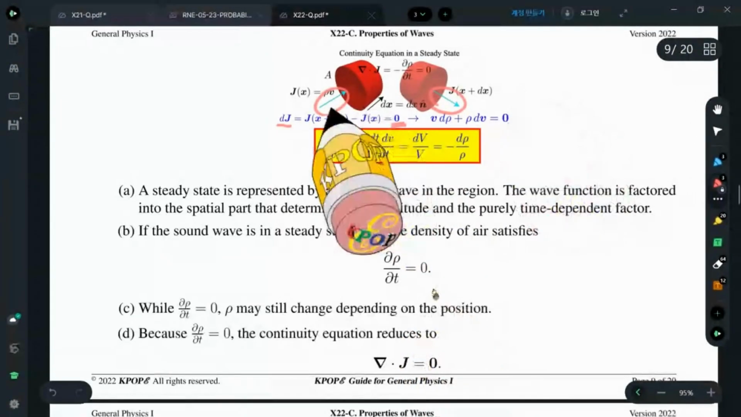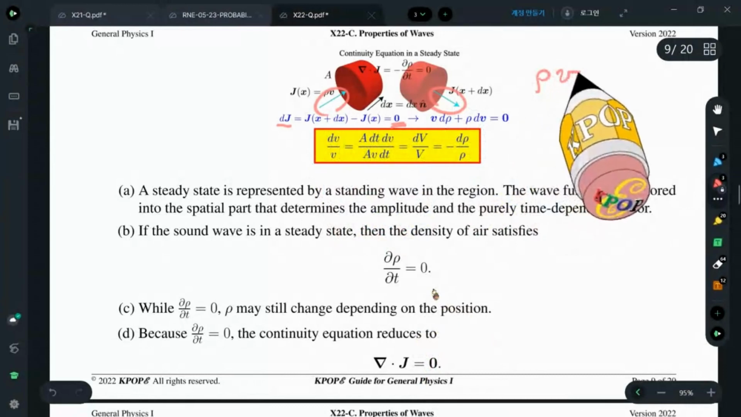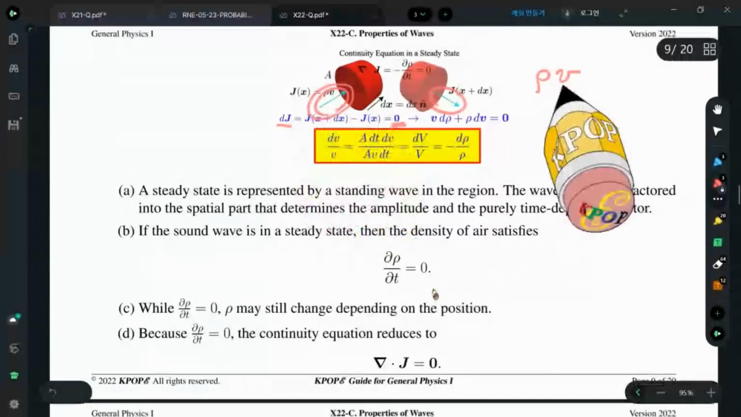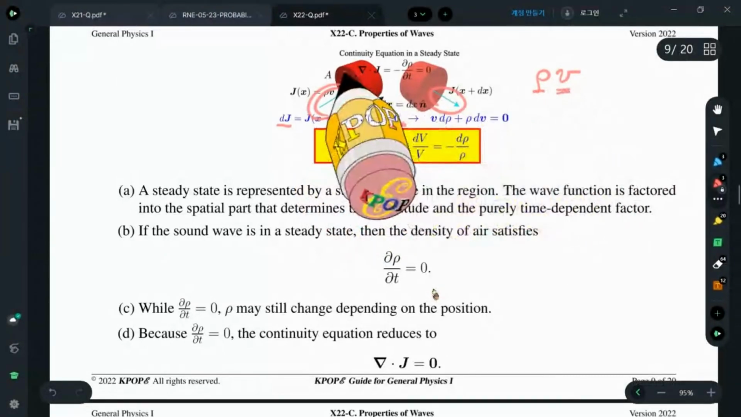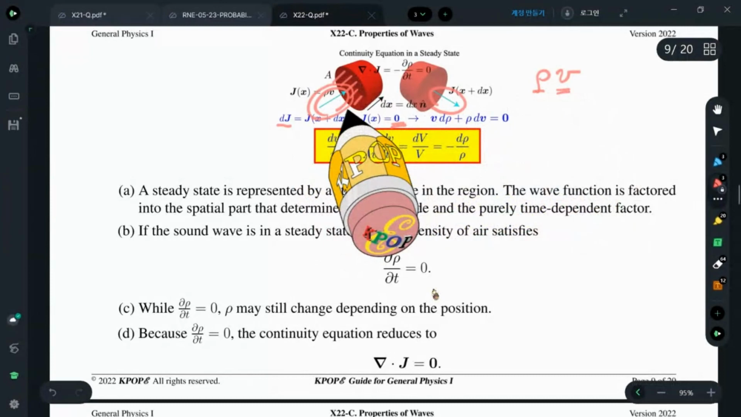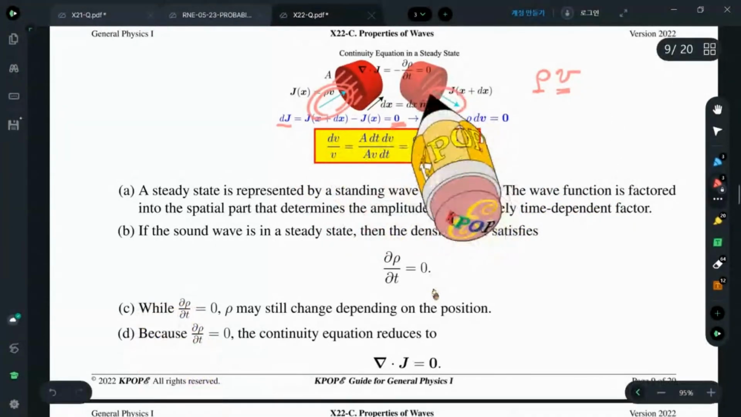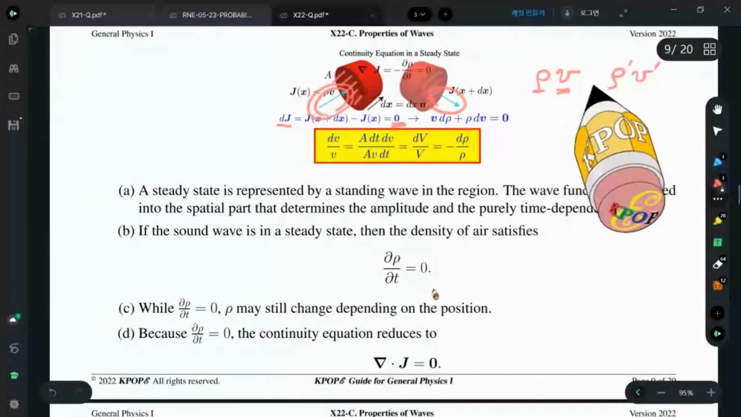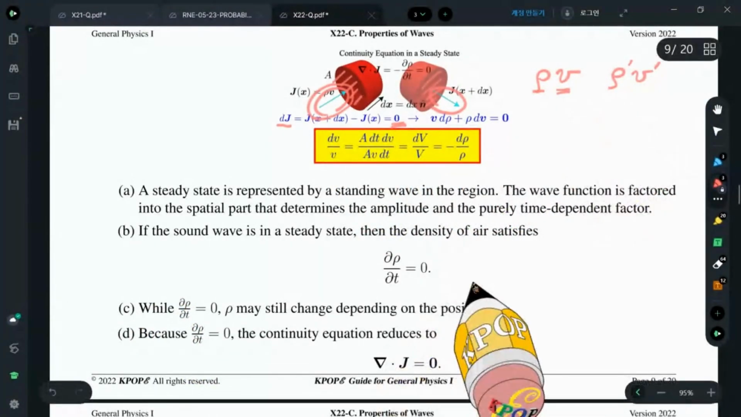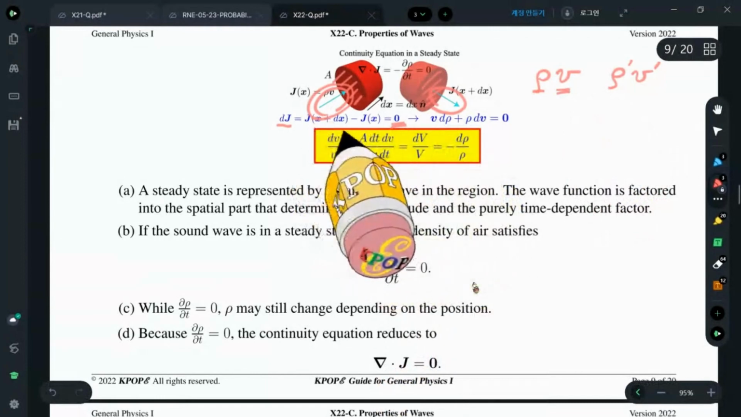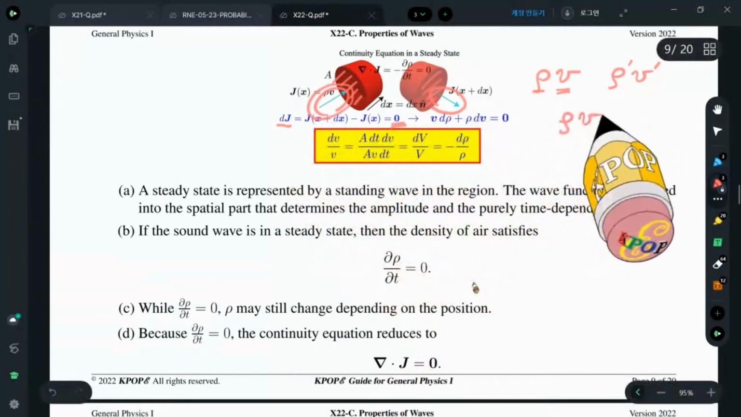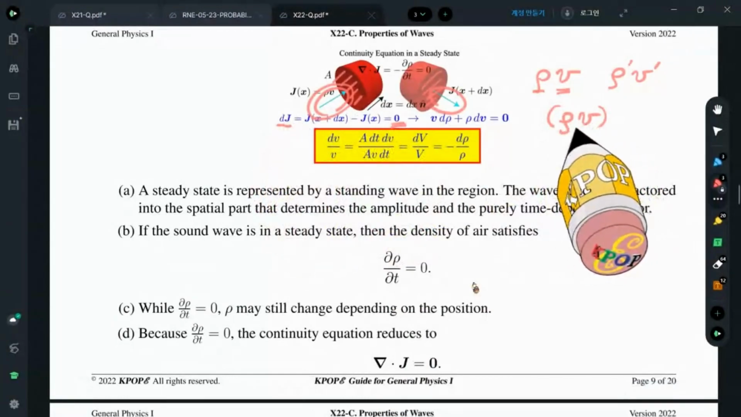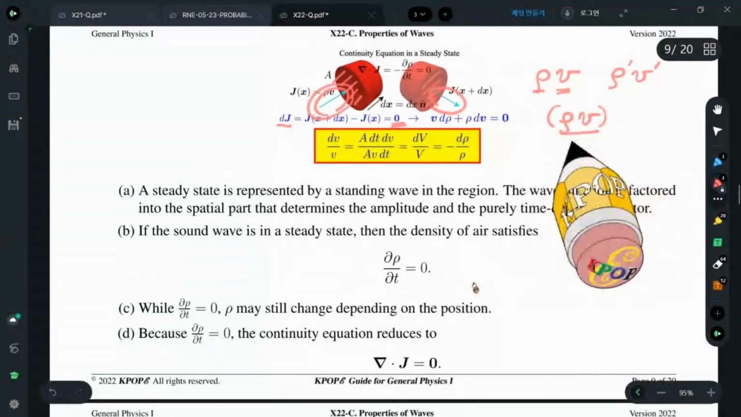We know the current density is the product of density and velocity. So the density multiplied by the velocity on this side is exactly the same as the one on this side, that is rho prime, v prime, something like that. As a result, rho v is this current density that is a constant. If it is a constant, its differential